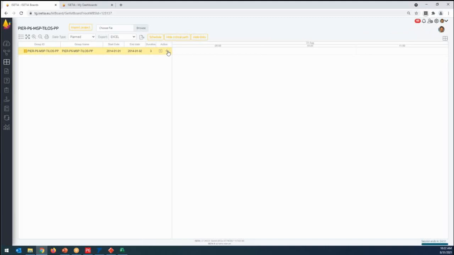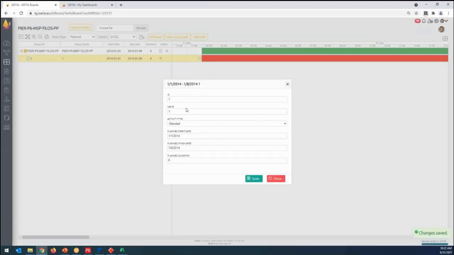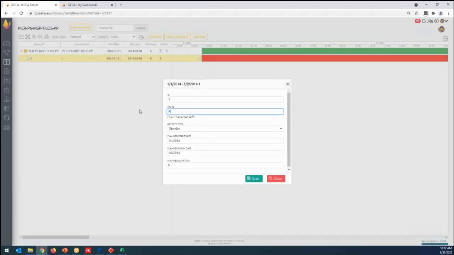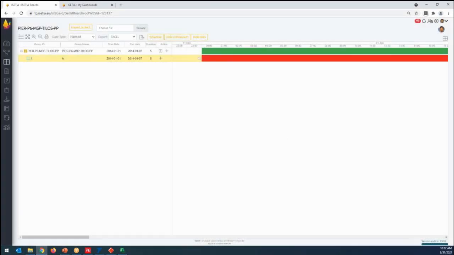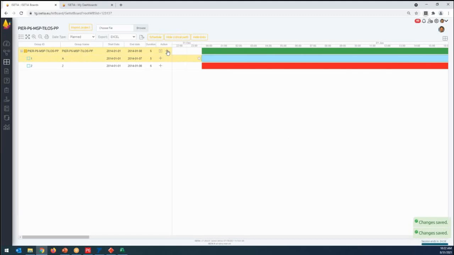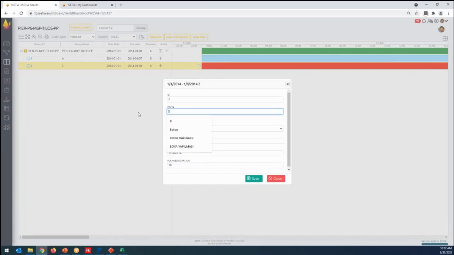So I can say, okay, I would like to add one activity, and when I register the activity, I can say this activity name is A, and this is, let's say, 5 days of work. I can add another activity, and for the second activity, I can say this is 10 days, and the activity name is B, right?